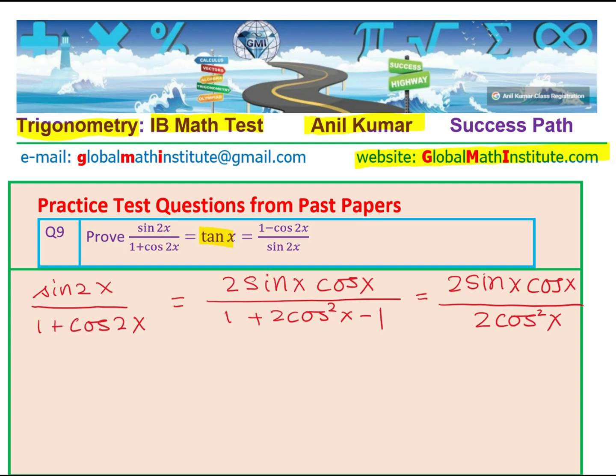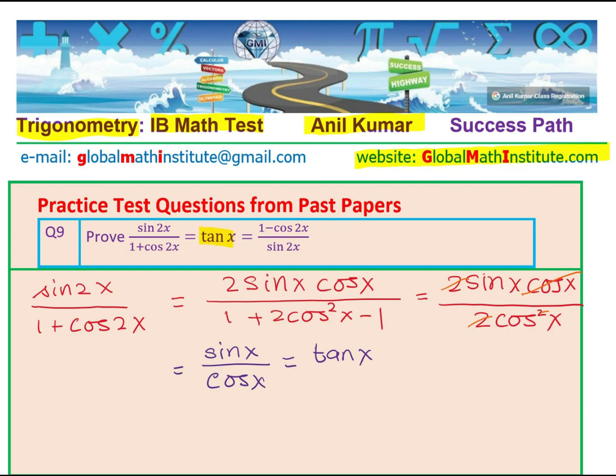Clearly, we can now cancel one of the cos terms and the two also. So what do you get? Well, you get what is expected, which is sin x over cos x, which is tan x. Clear? So simple as that, but very important. And getting this idea, sometimes writing cos 2x as 2 cos square x minus 1